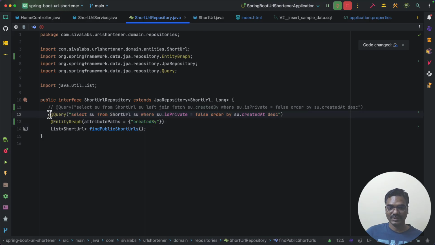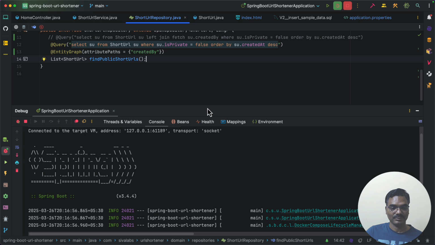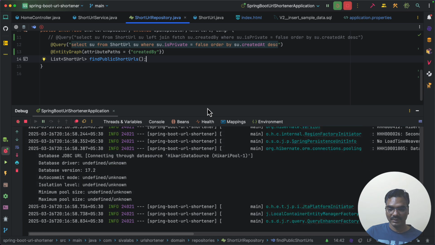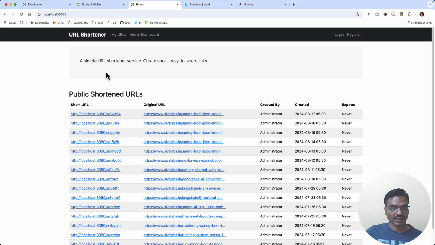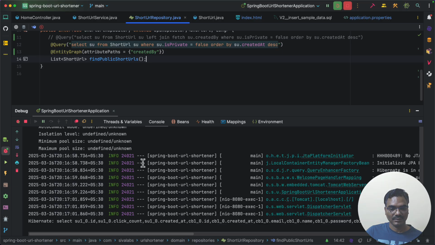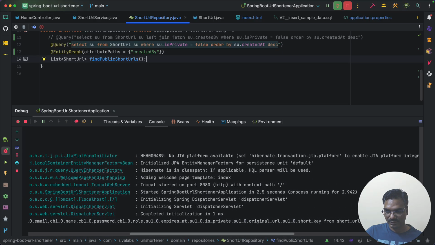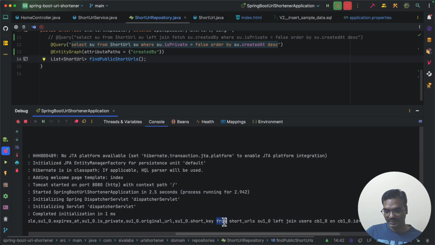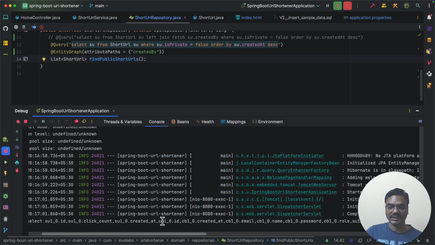So in this JPQL, we are using the same query, but we are not specifying to load the associated created by. Instead, we can also use entity graph and specify the attribute paths. So in this way also, let us go ahead and try. So here again, you can see it has from short URLs left join users and it generated the query